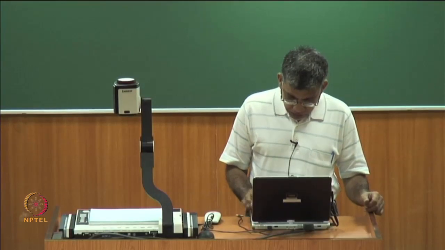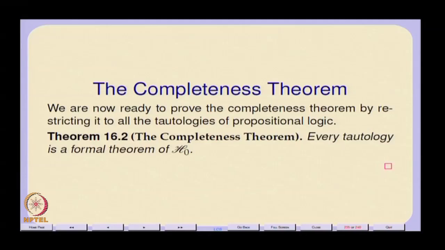So, now the actual completeness theorem has to show that every tautology in L naught is a formal theorem of the system H naught. Though I initially felt it was sort of obvious, if you have simulated the entire truth table, then you have intuitively clearly captured all the semantics. That intuition is fine, but the formal proof of this theorem still requires the fact that you are not allowed to have any assumptions, right.